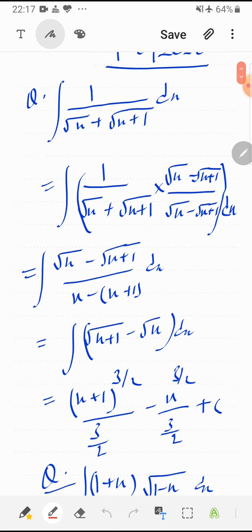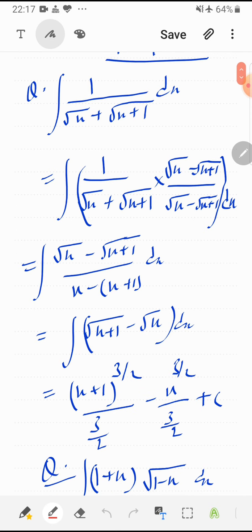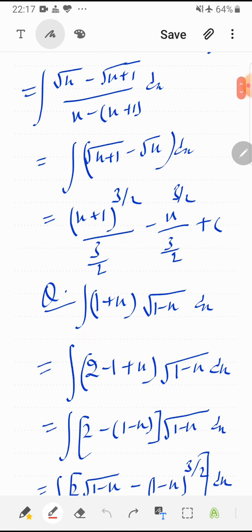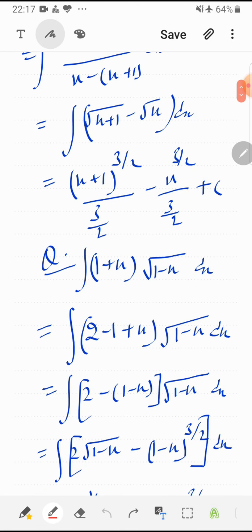First of all we will rationalize this to simplify the denominator. After rationalization it becomes x minus (x plus 1), so that it is minus 1, and the minus can be adjusted in the numerator, so that it is under root of x plus 1 minus root x. So it can be integrated with the help of the power rule, plus c. Next is 1 plus x upon under root of